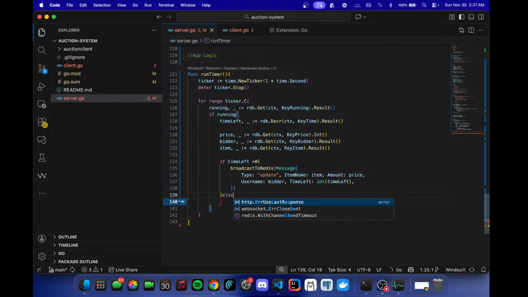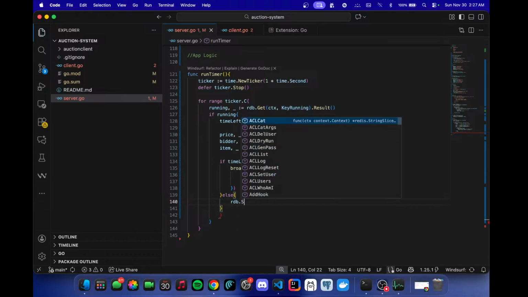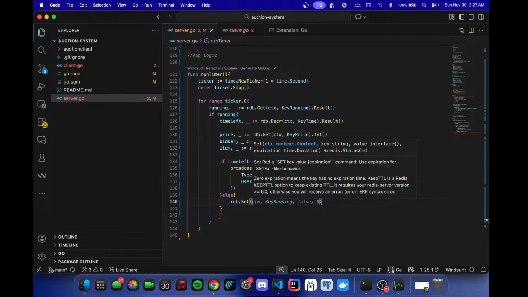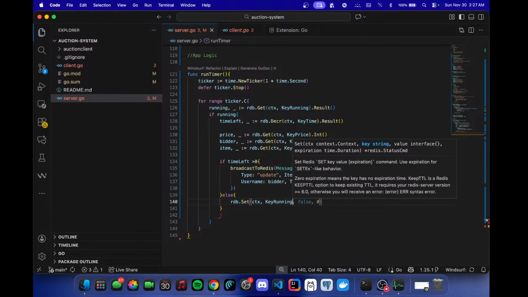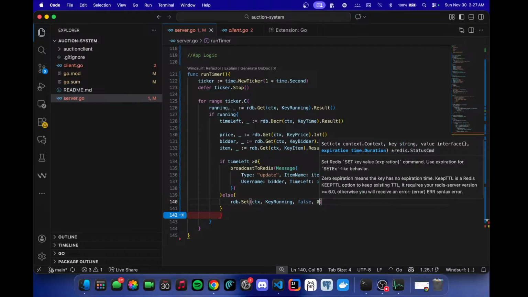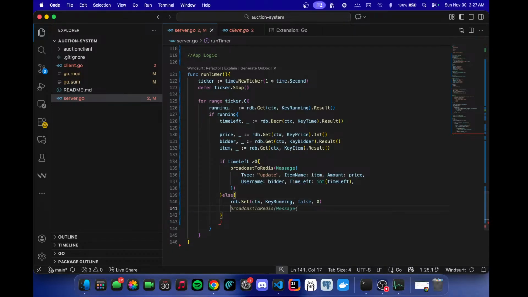Now we need an else statement, for when the time is zero. That is the time when the whole auction has ended, and now what we will be doing is rdb.Set, ctx, key running,